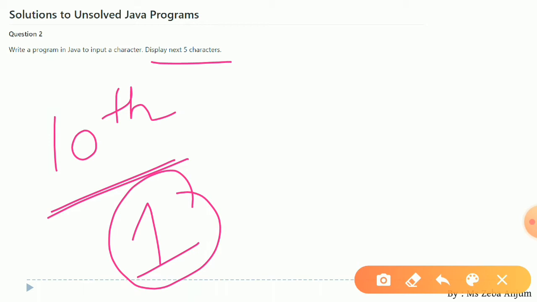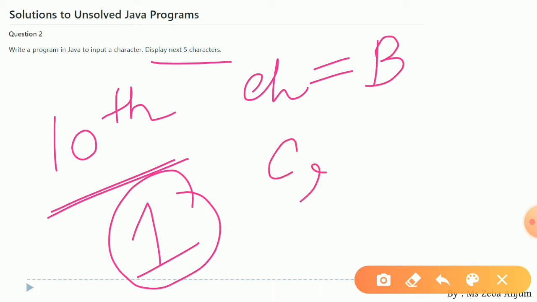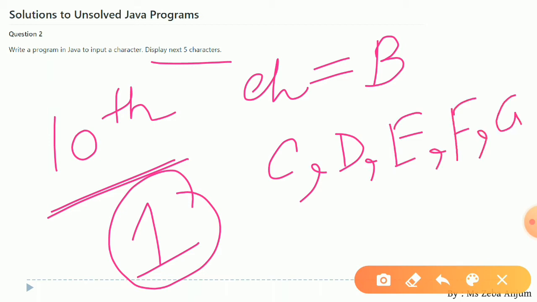So supposing the ch is a character, let us suppose you have entered capital B for now. It is going to display your next 5 characters. So your output should be capital C, capital D, capital E, capital F, capital G. Okay, 1, 2, 3, 4, 5. The next 5 characters are going to be printed out.